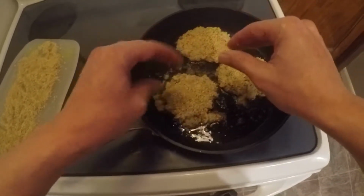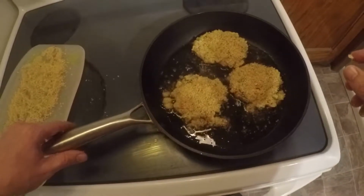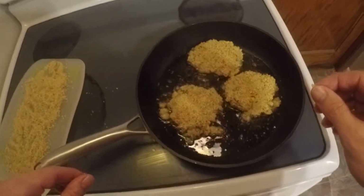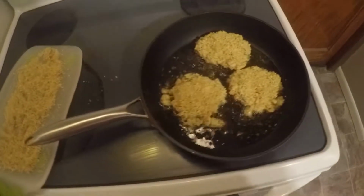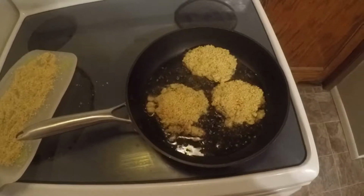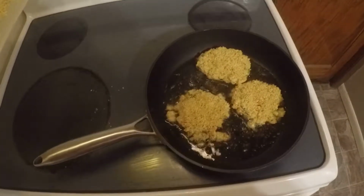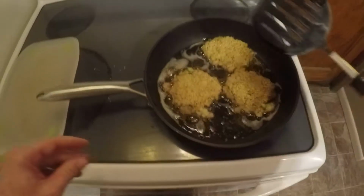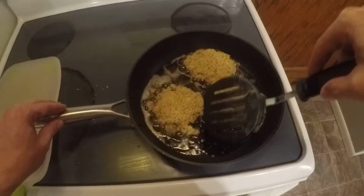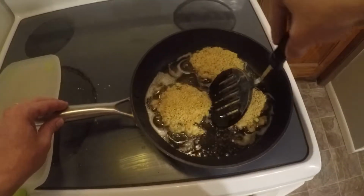It's just above medium. I think if you left it on medium long enough, it might work, but it's on number 6 out of 10, so just to give you an idea how hot I have it. So we'll let these cook for a little while and flip them and see if they taste any good. Okay, these have been cooking about 5 minutes now. I'm going to attempt to flip them without them breaking up. I don't know how that's going to work, but...